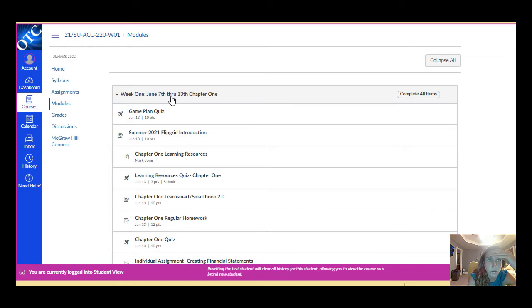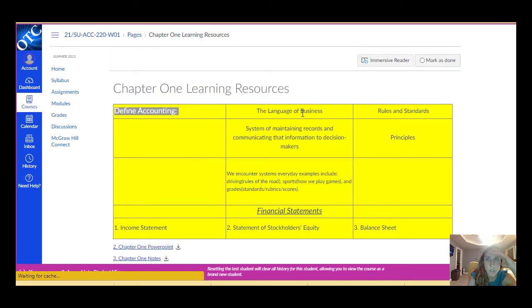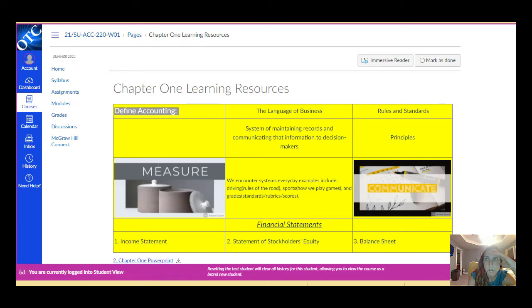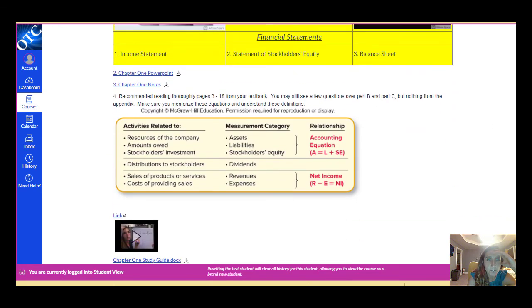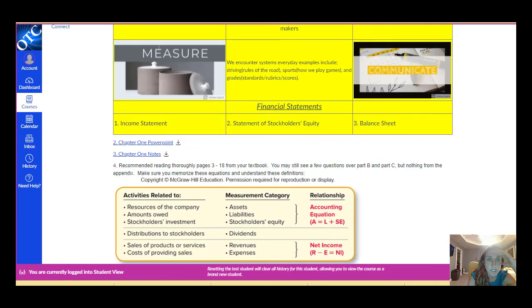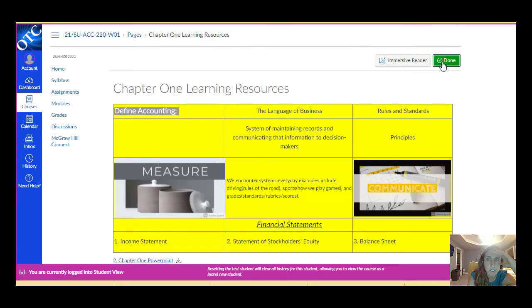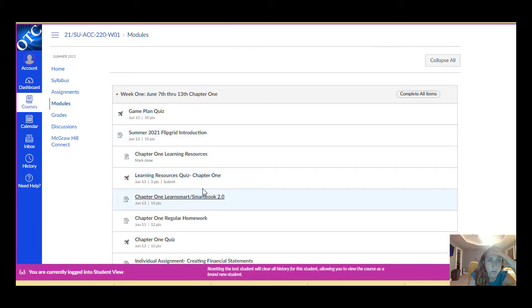So the thing I want to cover is our module. When you come to this module, you will see some dark items here. You can go ahead and do those at any time, but in order to move on down the list, I am coming to the first item here, Chapter 1, Learning Resources, which has some really important information to give you an overview of the chapter. It's a PowerPoint and notes, and also a video lecture from me, and some study guide things. I want to mark this done, and then in the module,